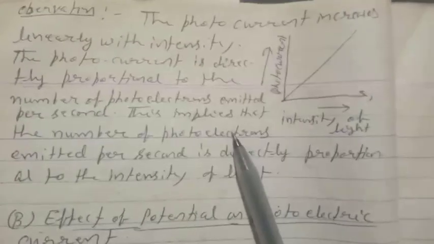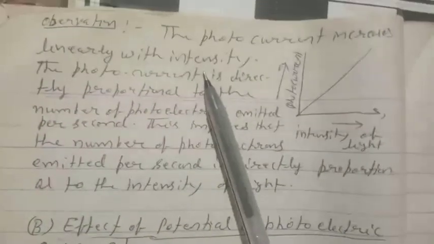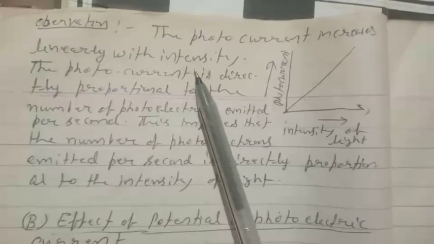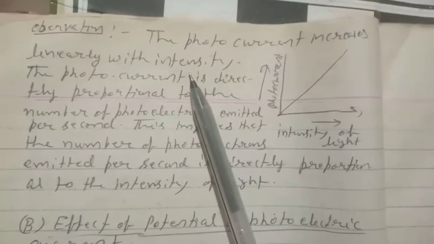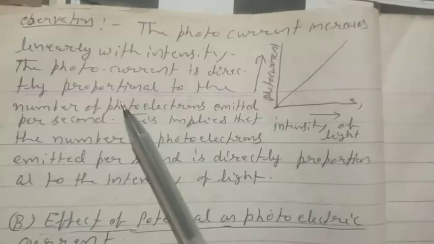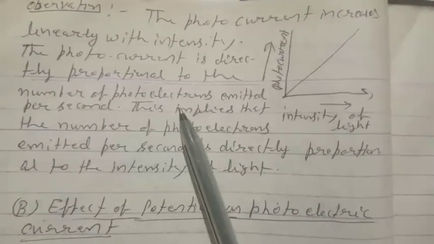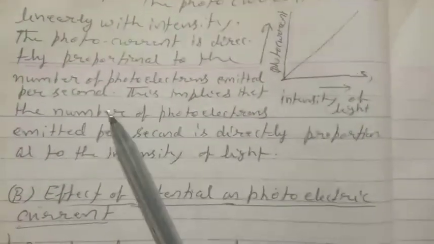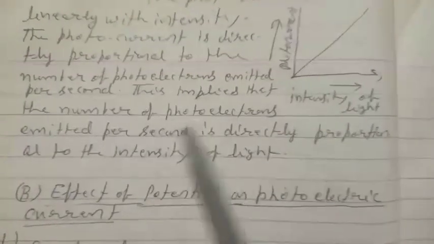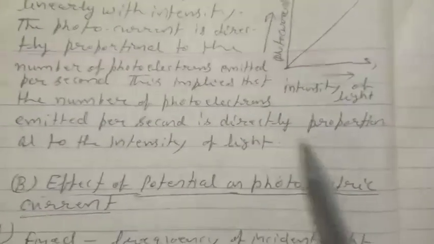Now from this experiment we get the observation which is discussed here. The photocurrent increases linearly with intensity. The photocurrent is directly proportional to the number of photoelectrons emitted per second. This implies that the number of photoelectrons emitted per second is directly proportional to the intensity